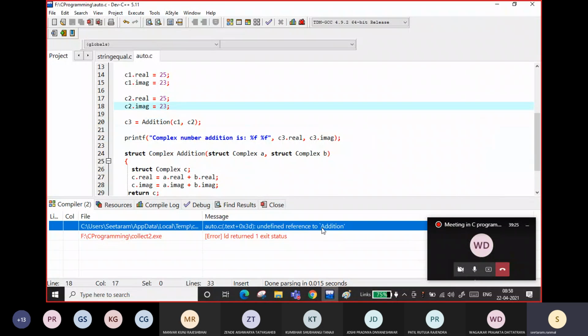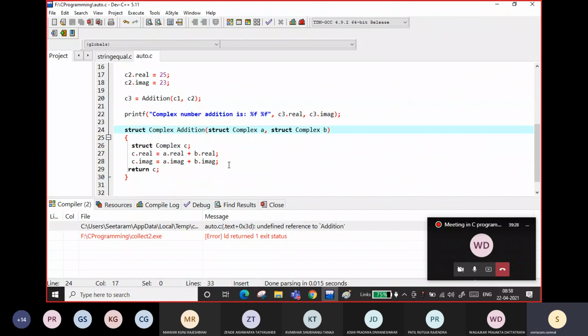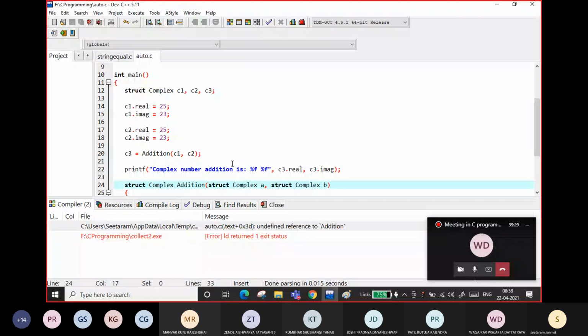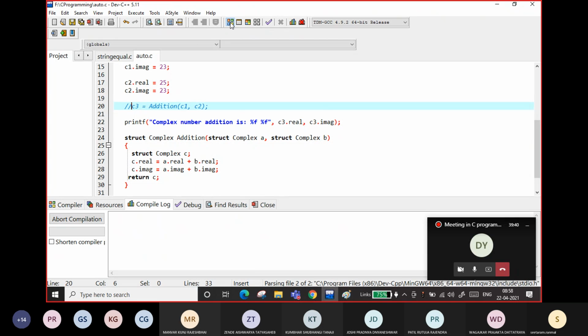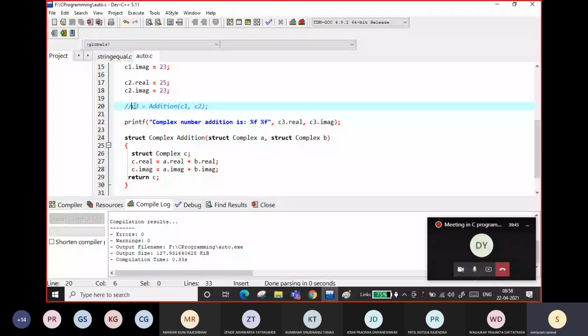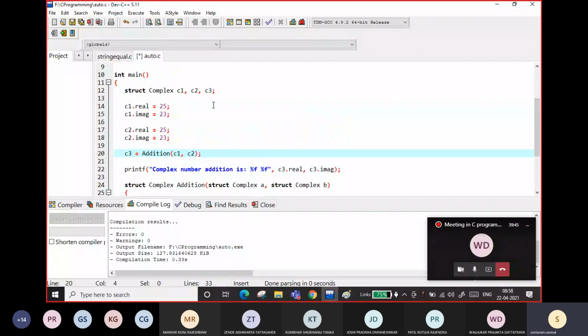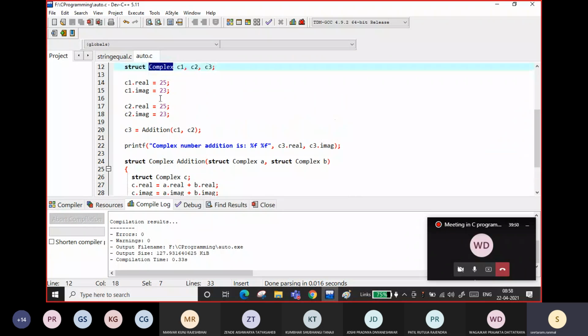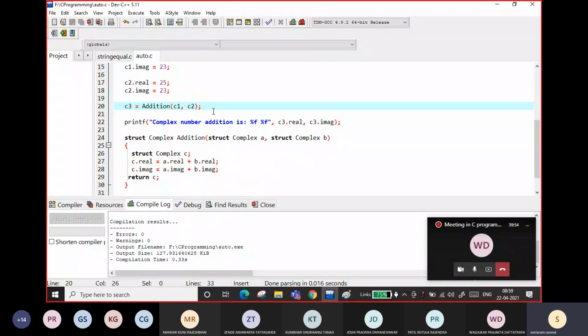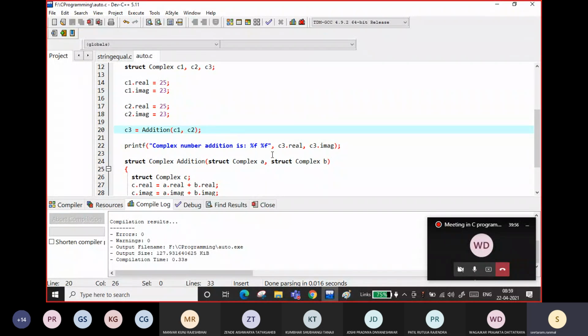Oh, reference to addition, okay. Why is it giving an error? We are sending this complex C1 and C2 here. Still it is not taking.